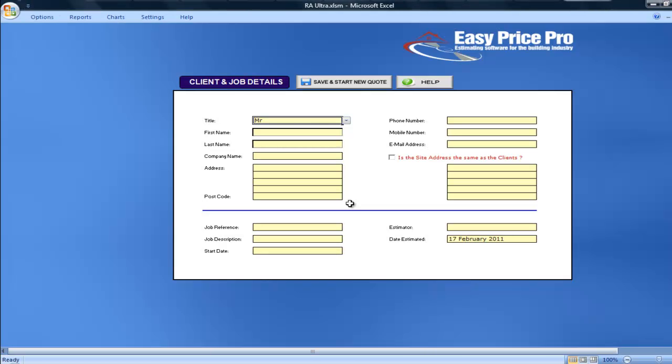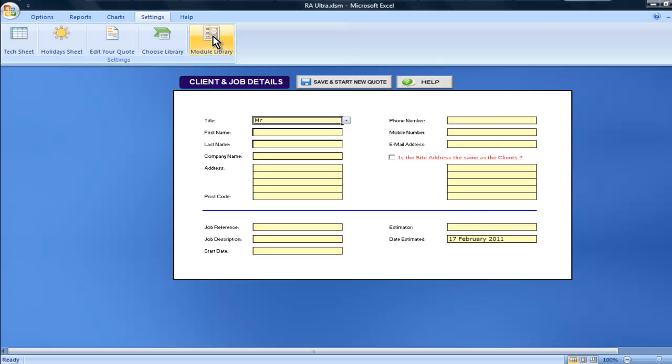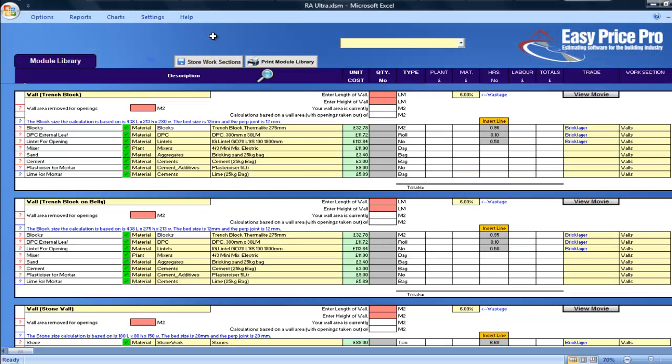My EPP RNA Ultra Manager will now save and close itself down. So now I'm in the RNA Ultra program. The manager opened this for me, and I'm in the master file that I downloaded my modules to. If I click on Settings here along the top, then Module Library, I can see the modules that I've just